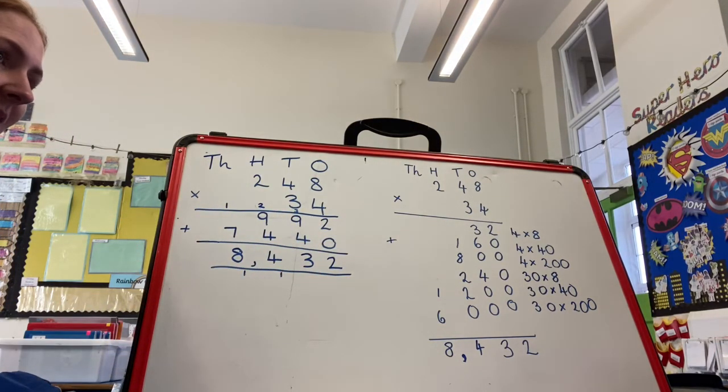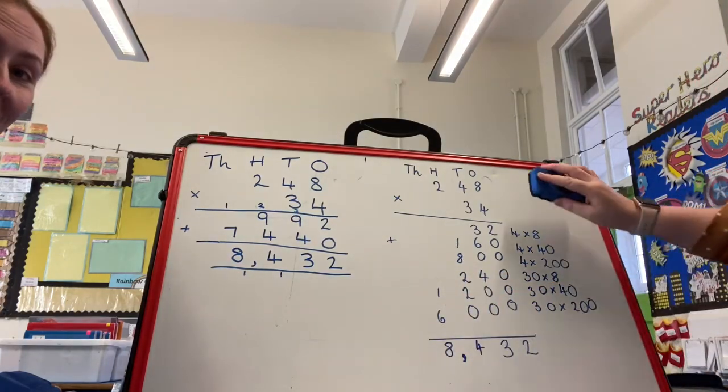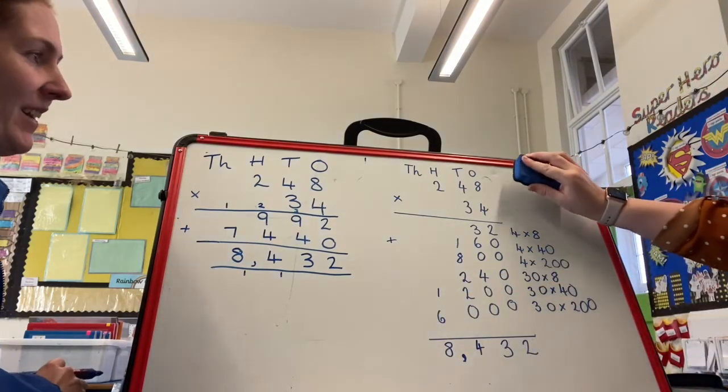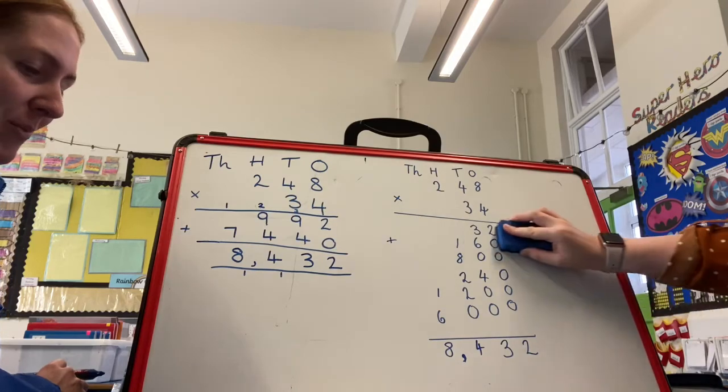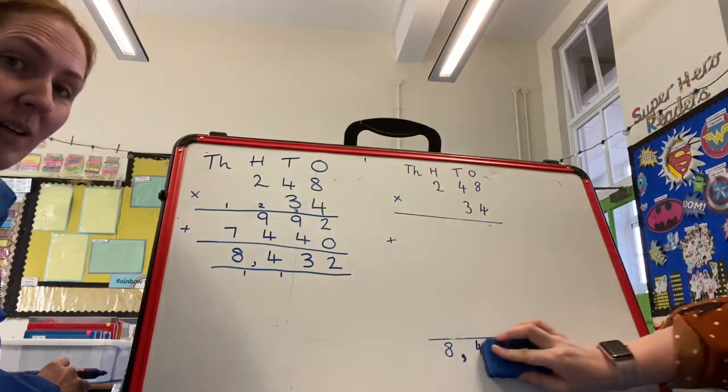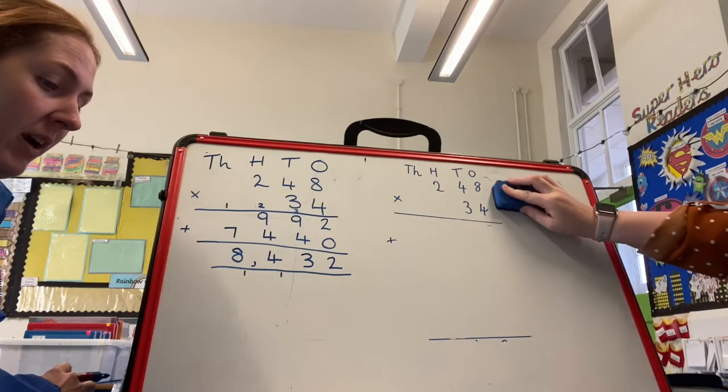Next question. We're getting good at this, Miss Ellison, aren't we? After I made a small mistake for the last one. Next question we're going to do is going to be a 4-digit number multiplied by a 2-digit number, and we're not going to